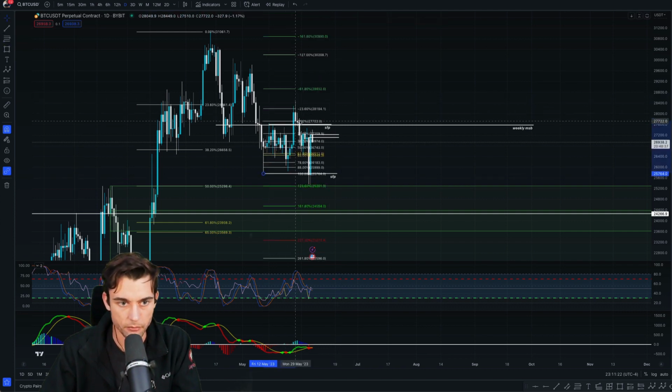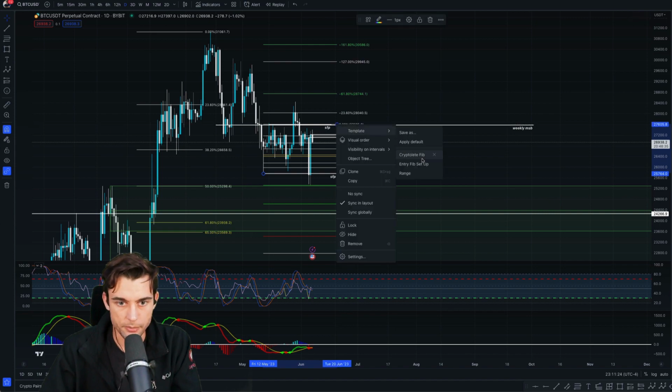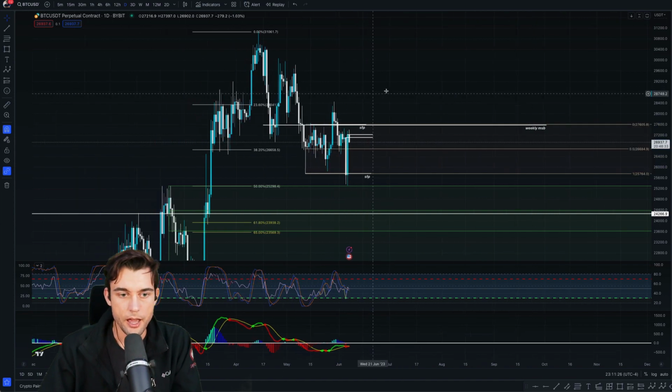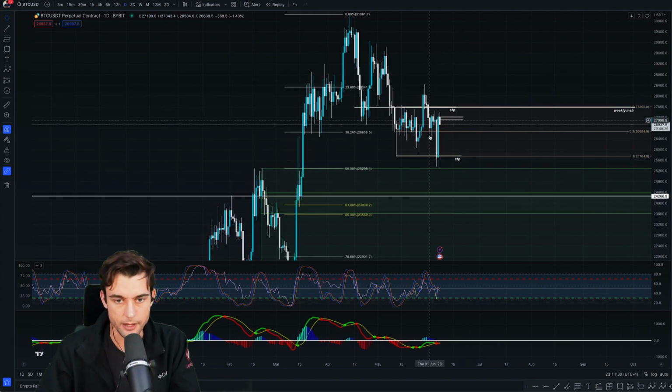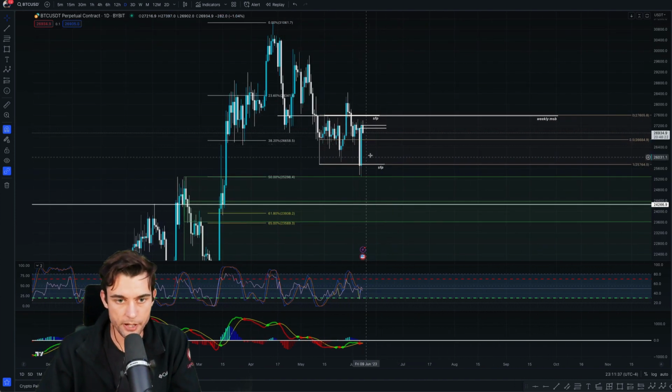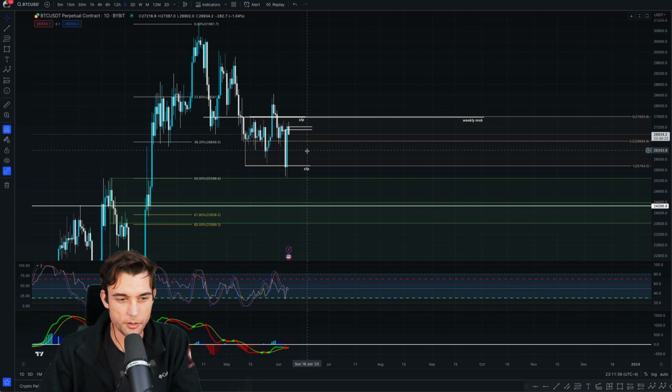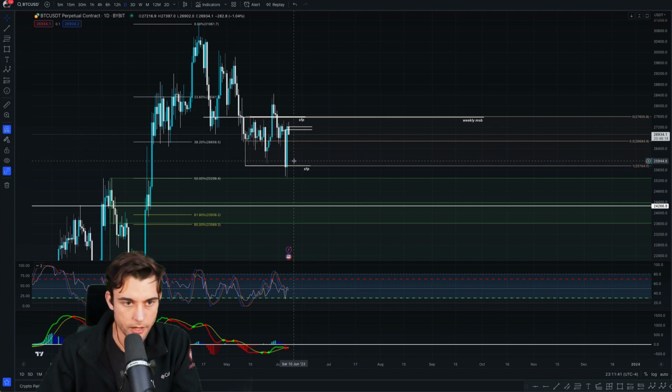It's really something like this, and we had a move above it, and then we ended up having this move below it, and now we're all the way back at the top again. So that's pretty bullish. That's pretty bullish to me, which would make me think that I want to look for